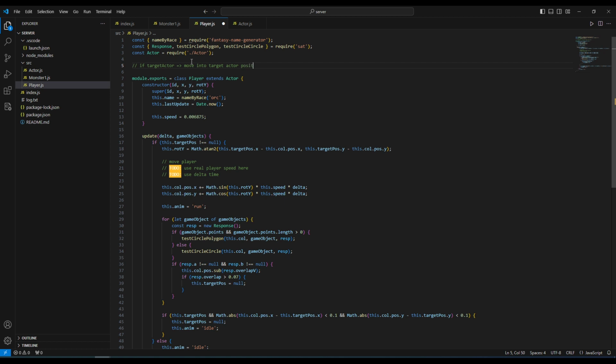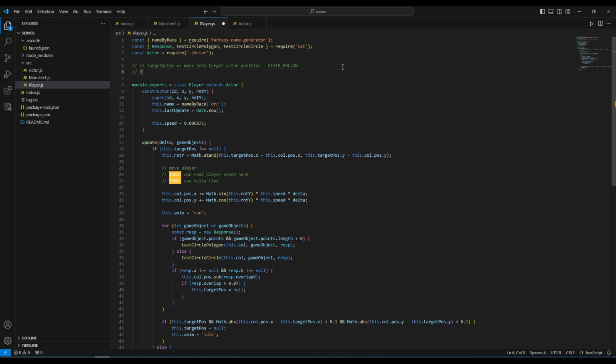Actor position. Basically, this is state follow, right? This is state follow. We follow the enemy. We don't really have a target position, but instead we have the position of an entity which we are following. So we are not going to a position on the map, but instead we are going to the position where the other entity is. Then if distance to actor is less than our threshold,